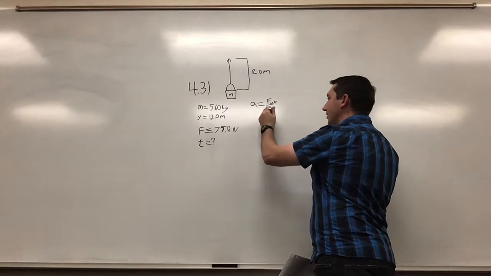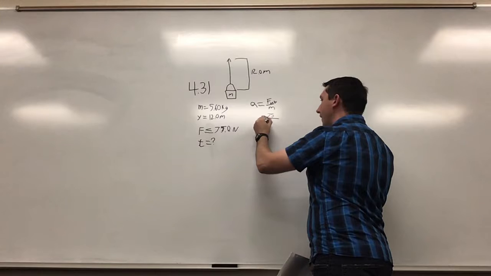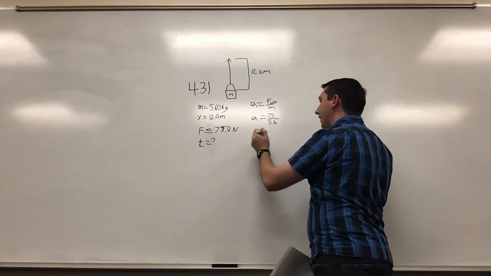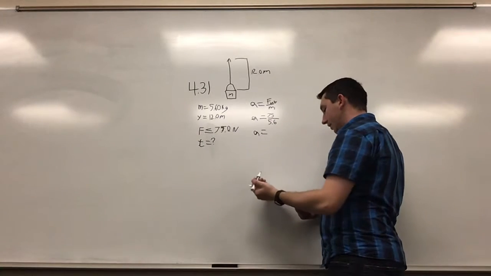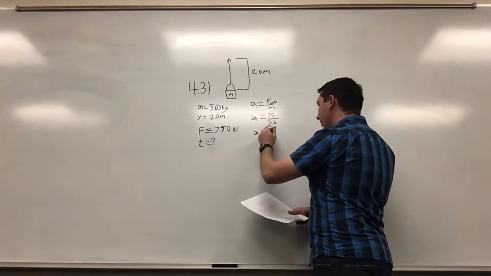So that's going to be 75 divided by our mass, 5.6, and we get an acceleration of 13.39,